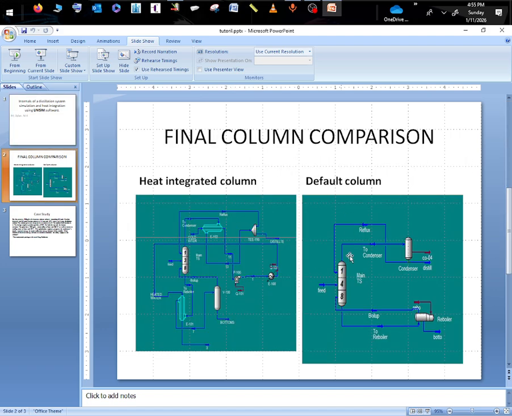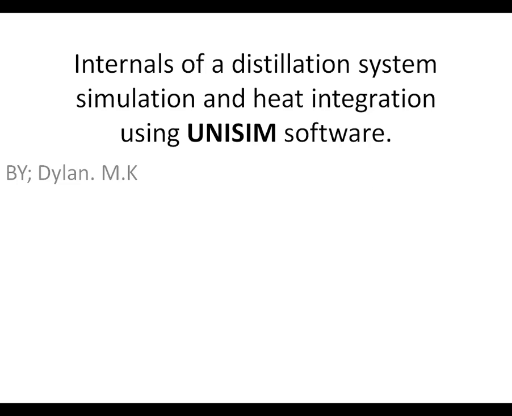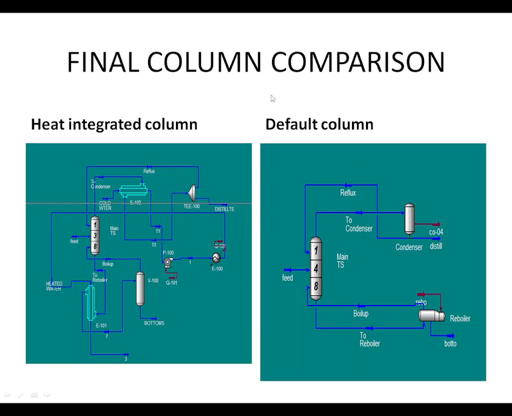So what we're going to be doing today, we'll have this default column on your right, as you can see. So this is actually the default column. We have the normal column, 8 stages, and then we have the condenser and then the reboiler. So we're going to change from this oversimplification of the distillation column, and then we're going to take it into